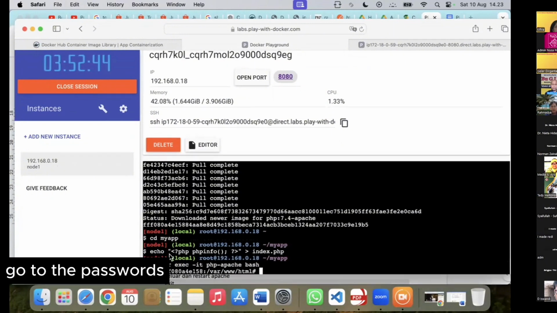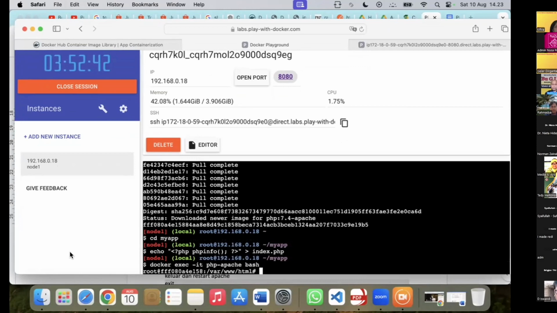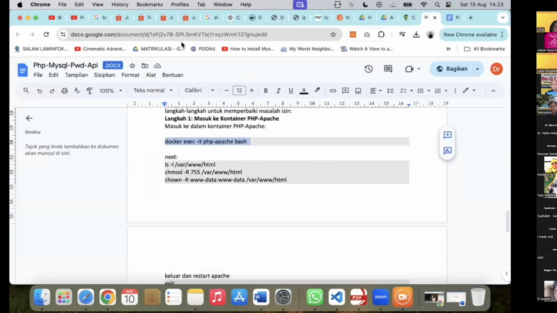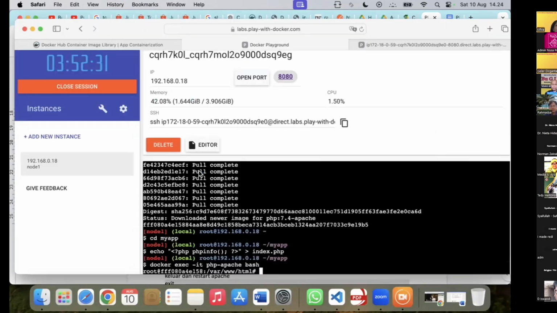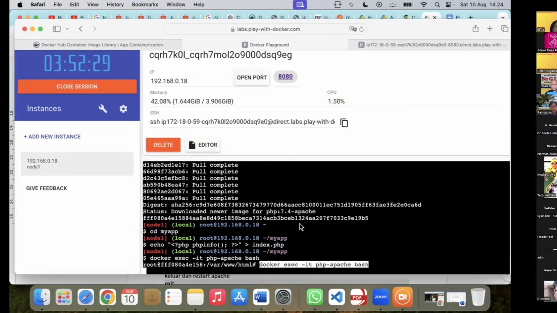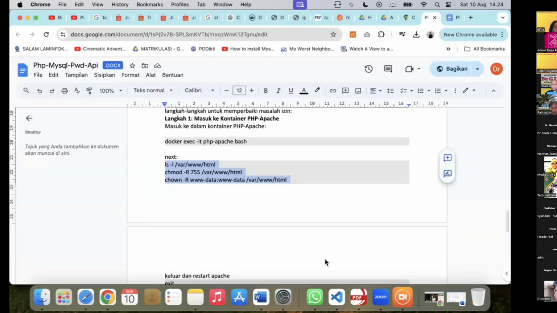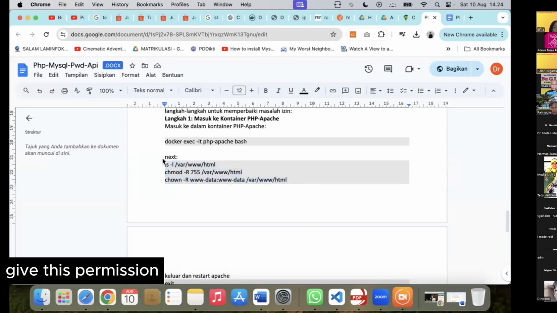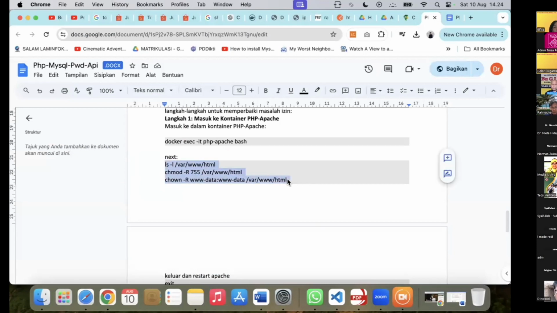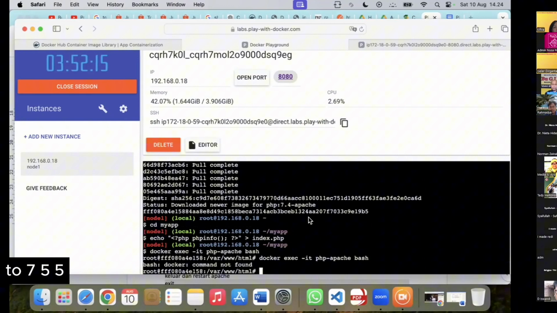Go to the bash first, and then we give this permission 755.